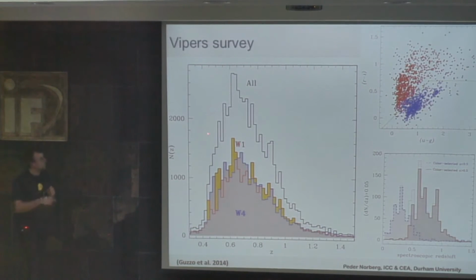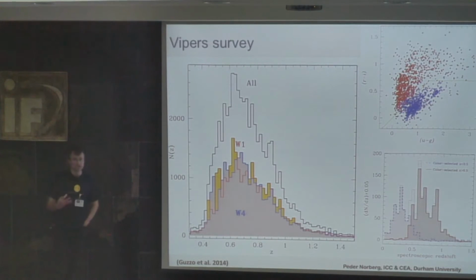And here's the overall redshift distribution. A couple of things to note. First of all, the redshift distribution is peaking at 0.7 or 0.8, but very few galaxies are reaching 0.4. That would not be the natural thing if you had a simple selection in your survey, if you were flux limited. And that comes from the fact that they have done a color selection. They've used magnitude R minus I and U minus G color bands and selected galaxies which you know are at higher redshift than these ones here. And you, to some level, pre-select your objects to be in the redshift range of interest.